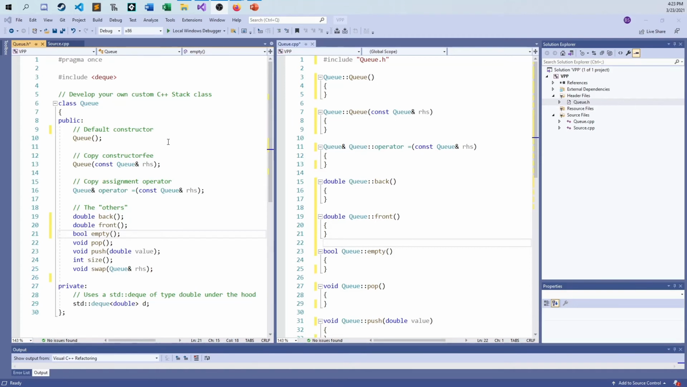And so it's a little different than the stack, but you'll see a lot of this is the same. So I have my default constructor, my copy constructor, my copy assignment operator. This time around, because I'm using both ends, the stack was just using the top and the top only. But now the front and the back matter. The front is the next thing I'm going to process, and the back is where I put things into, basically